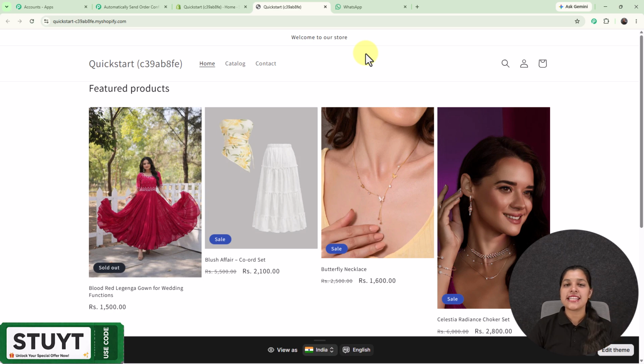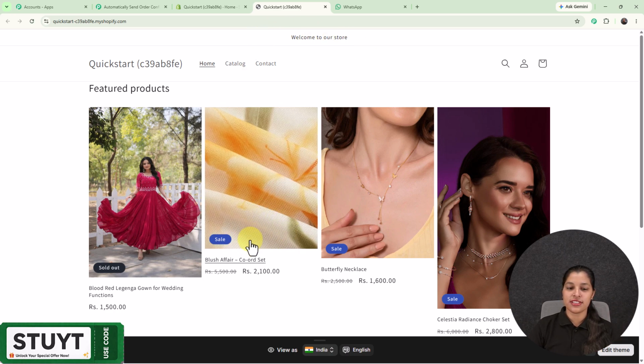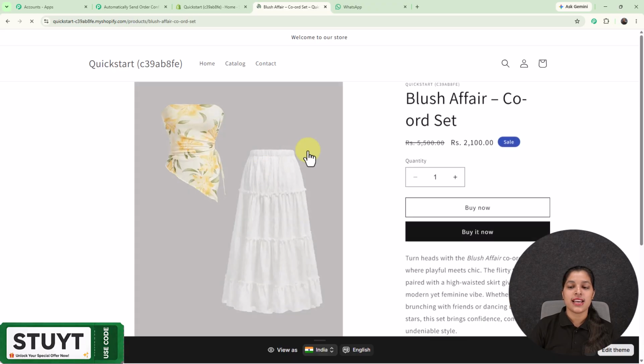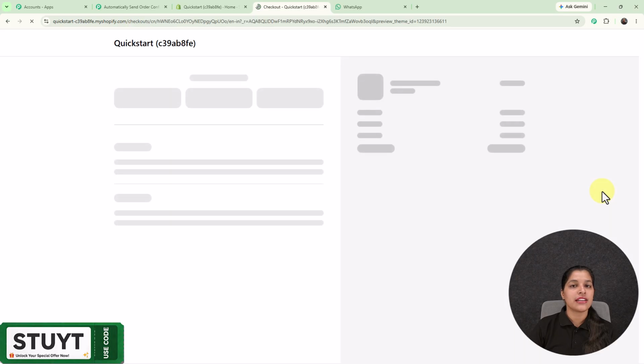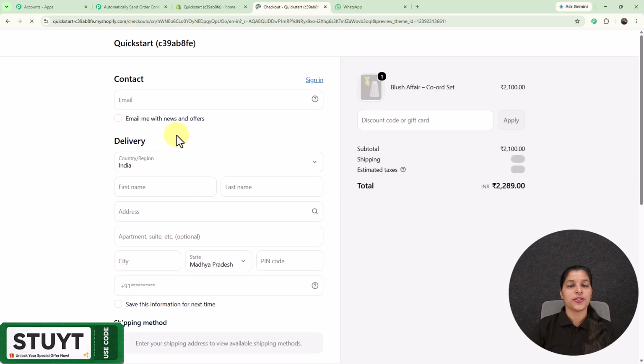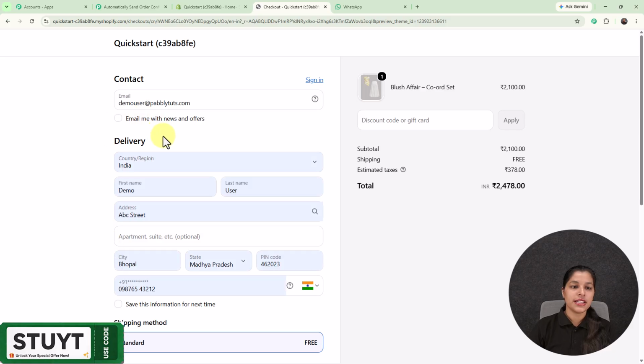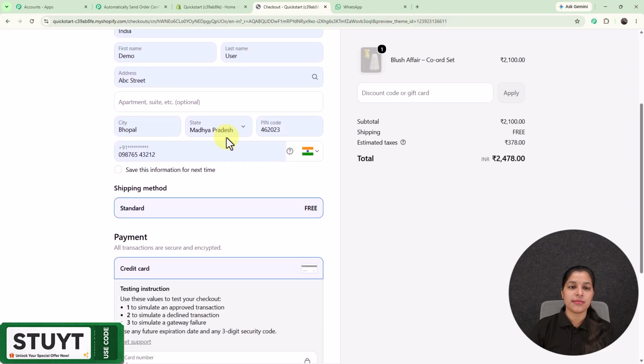Now let me place an order and see the magic further. So here I'm going to buy this product named Blur's Affair cord set, and I'm going to click this buy it now, and we will land on the checkout page, which I'm going to fill right now. So right here I have filled this checkout page, providing the email address, first name, last name, and